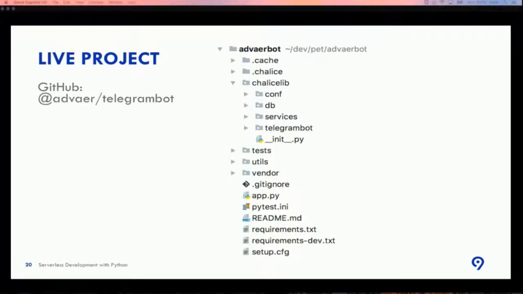So let's take a look at more interesting things for developers, the code base. For this project, you see the directory. There are many more directories here. In chalicelib, we do not use only utils as I showed before. We use other packages for configuration, for database connection, for services, and for the Telegram bot, for instance. I also wrote some tests.